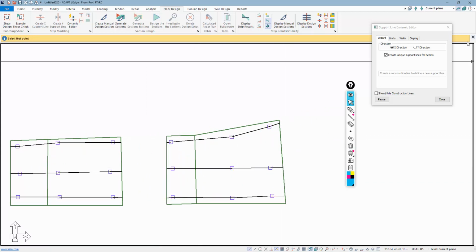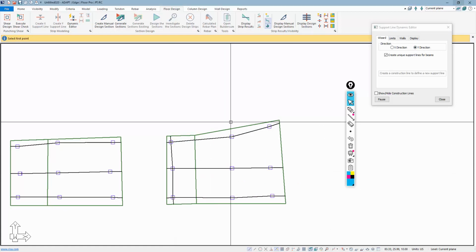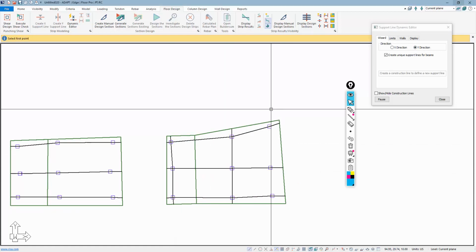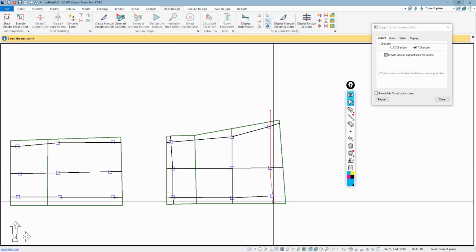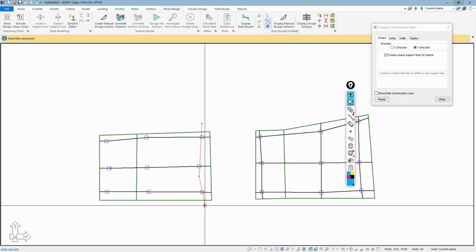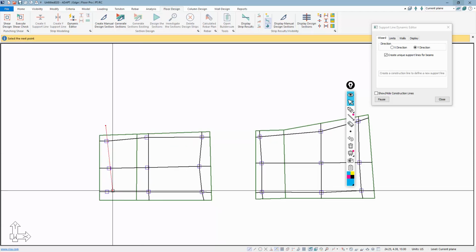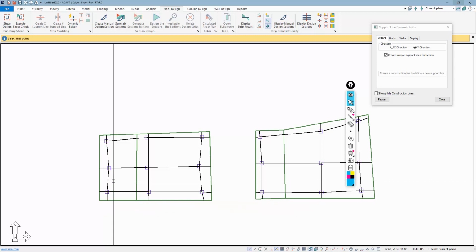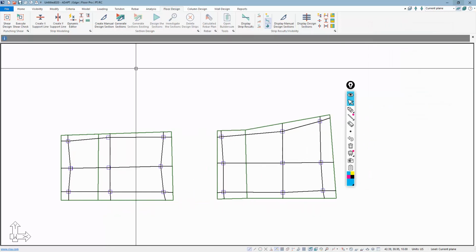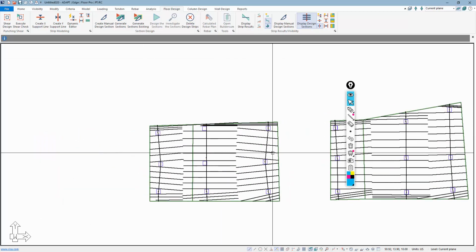Okay, and then I would switch directions. Maybe we're going to do, also, this is a two-way slab, so we want strips in both directions, and we'll do Y direction also. Okay, so that's good enough for that. And I generate the design cuts, and I'm going to look at the Y direction. So in this case, we have a